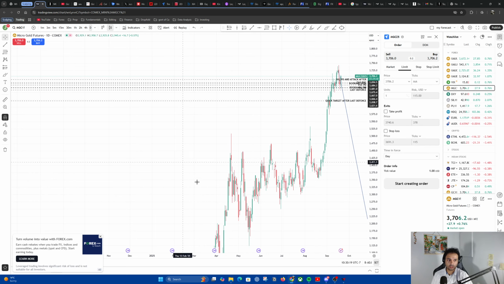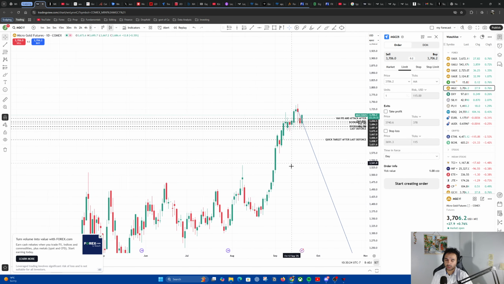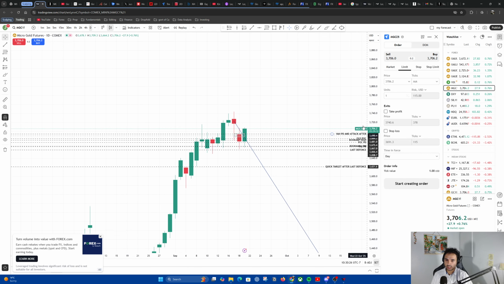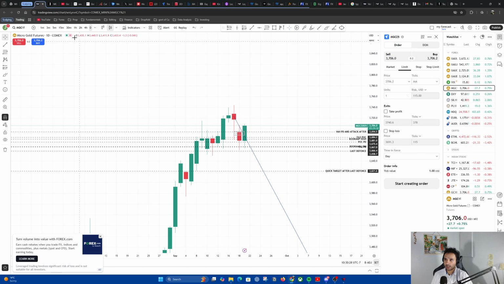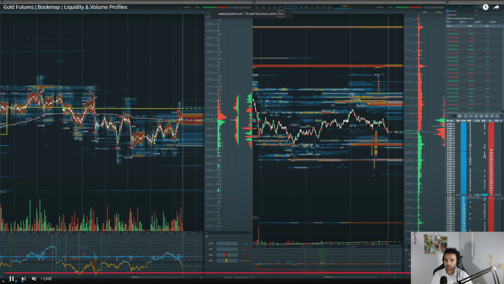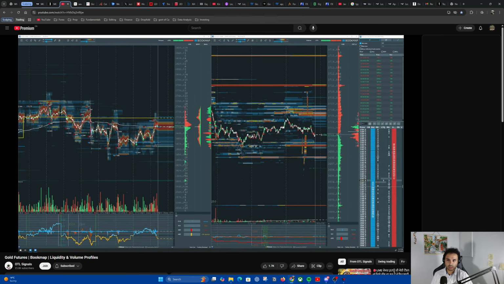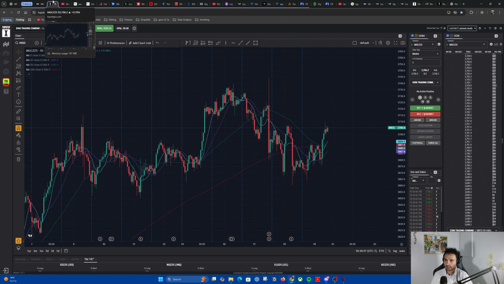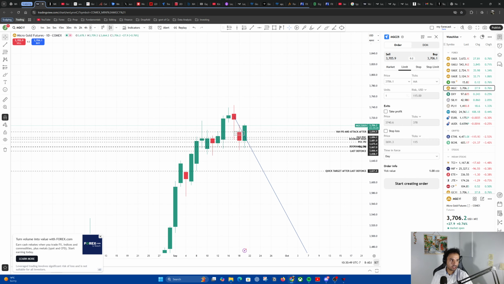It is TradingView, and I mark up the chart and do everything. The second tool that I use is Bookmap, heat map, gold. And my charts are marked up like this. The tool that I use is